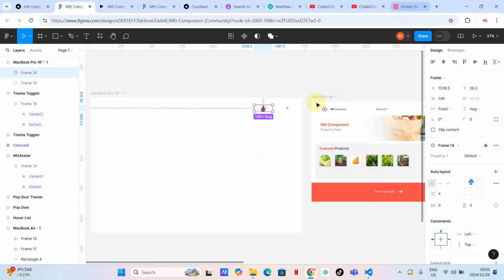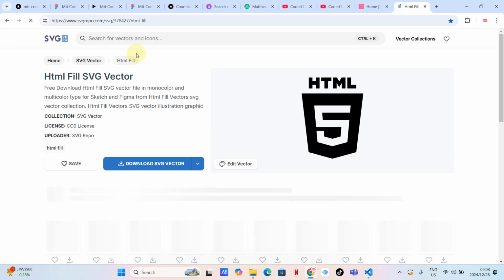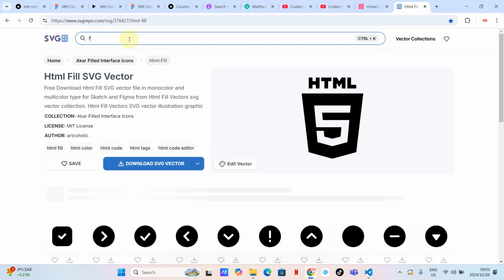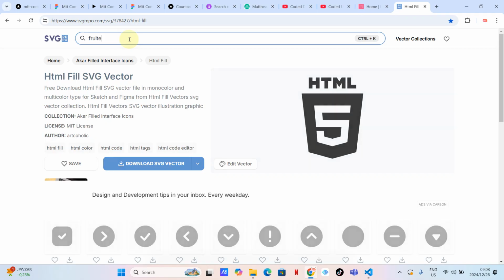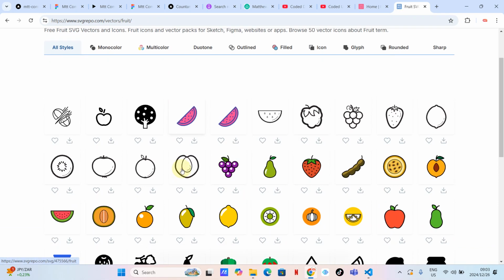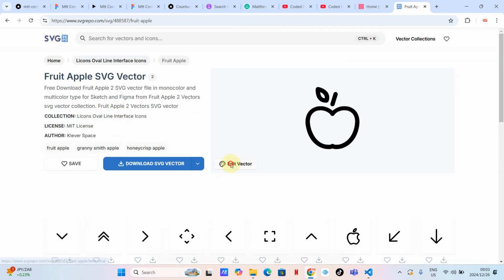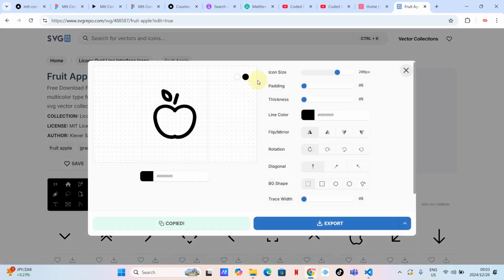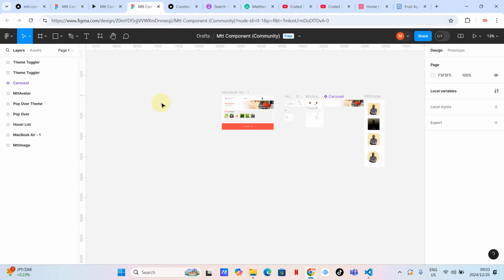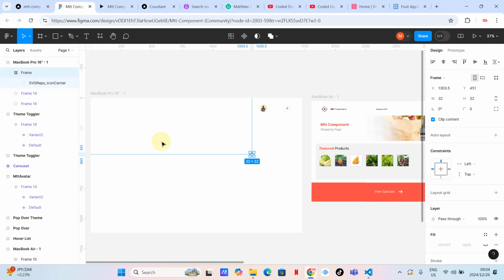And then let's just create a logo. I'm not sure if I'm going to say fruit or a vegetable. Let's see, is there any fruit? Let's use this as a logo. I like the apple. Let's go back here and copy and paste. Let me close this because this one is confusing me. Let's go back here, paste,